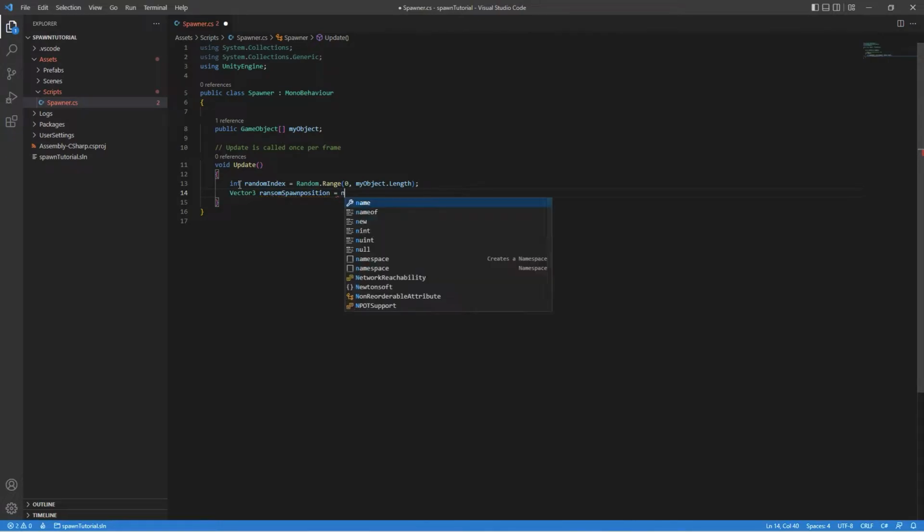You're gonna set that equal to new Vector3, brackets